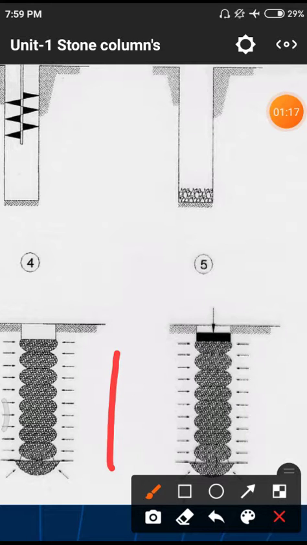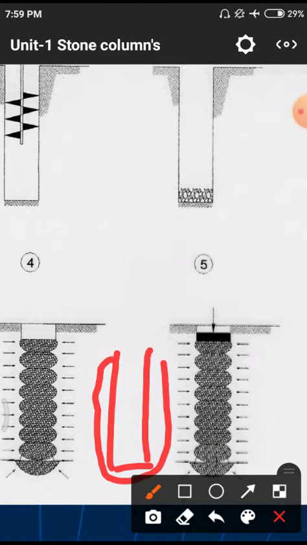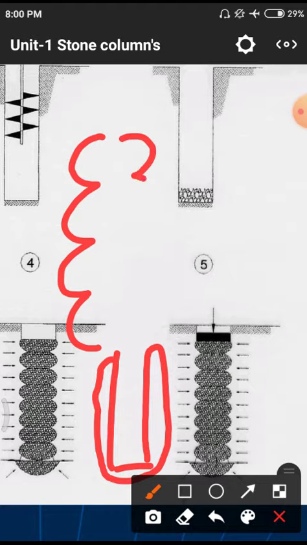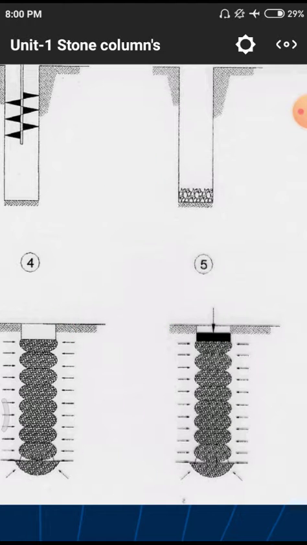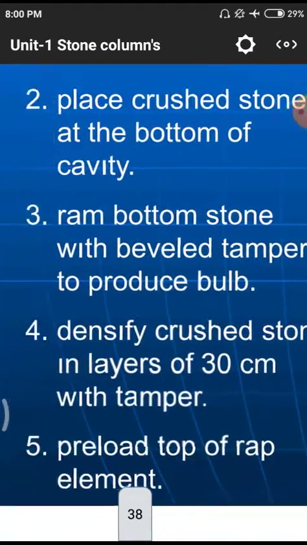if we have a normal column, the area is somewhat limited, but if we go for this spiral-like one, the amount of area surrounding the soil is very high. For a normal structure, the amount of surrounding matter is low, but in this spiral-like structure, the friction between the soil and stones will be somewhat high compared to a normal stone column.